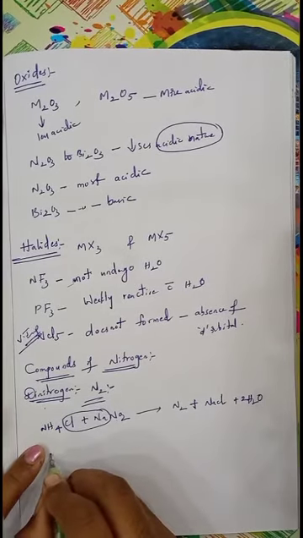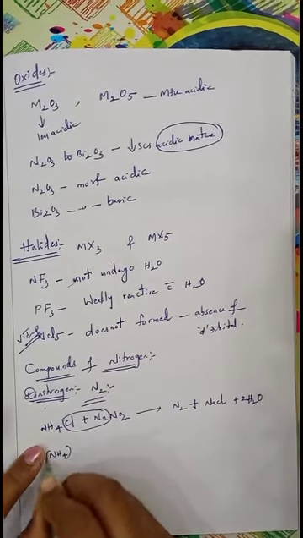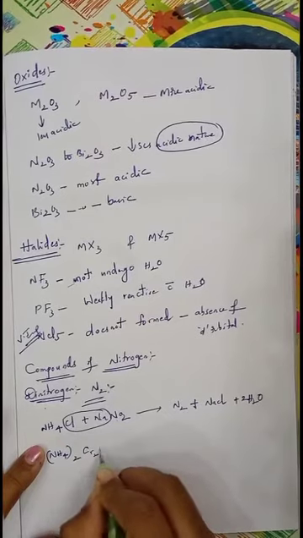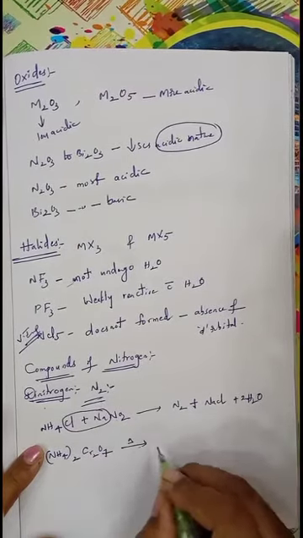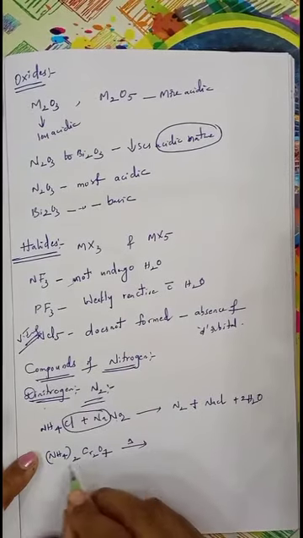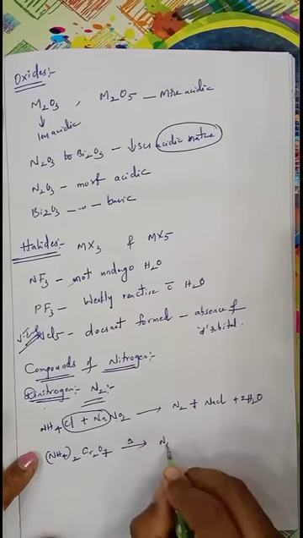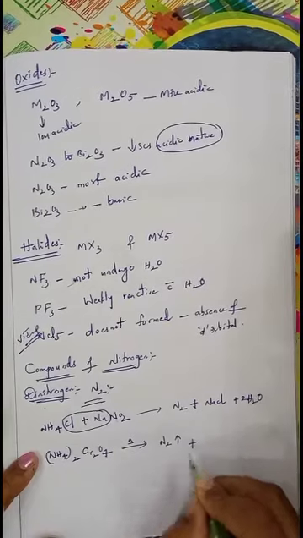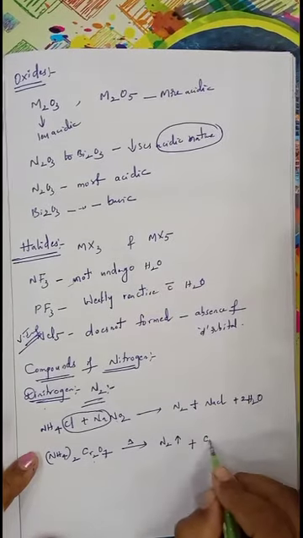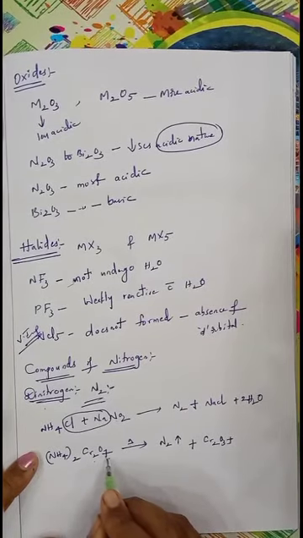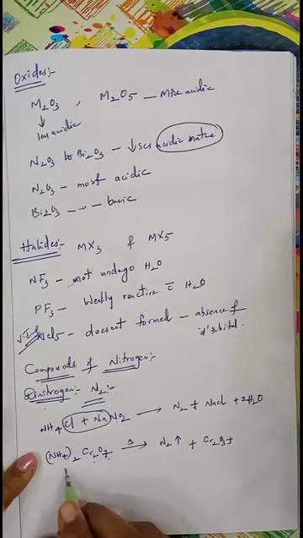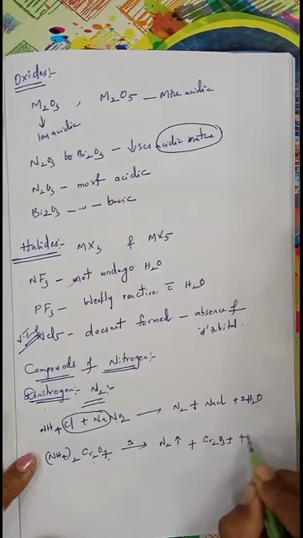Next, ammonium dichromate, that is (NH4)2Cr2O7. When this ammonium dichromate is heated, the two nitrogens present here react together to release nitrogen gas, plus Cr2O3 is formed. And the remaining hydrogens and oxygens, how many oxygens are left? 4, and 8 hydrogens are released in the form of 4H2O.